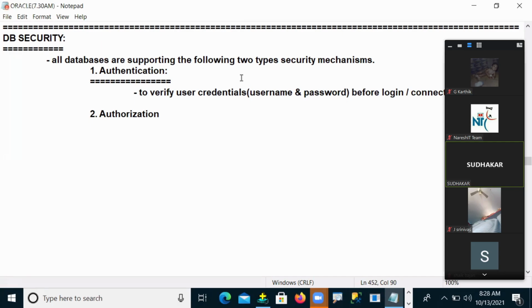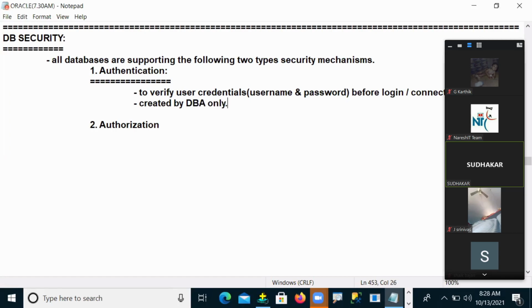Then only can you connect or log into your database. Otherwise, we cannot. But who creates these usernames and passwords? Only one person: the database administrator.